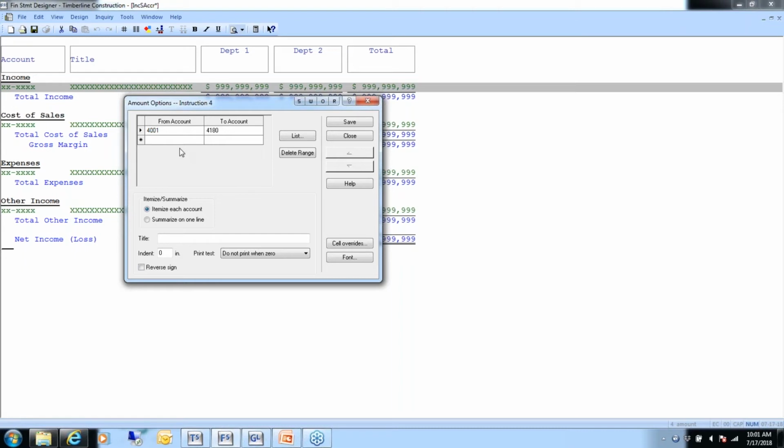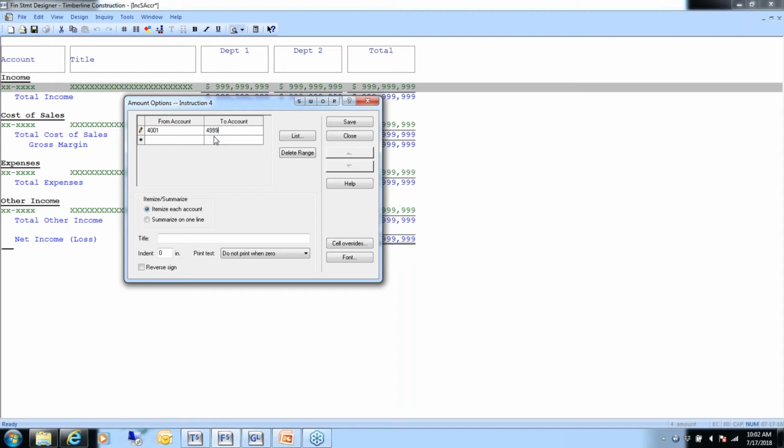All right, once you have your columns defined, you may want to add some text. So what we added here was just the word income, and we just typed that in. And then use the bold and the underline buttons up here at the top so that it looks a little nicer when we print it. So you might want to put headings in to define the sections within or the groupings of accounts within your